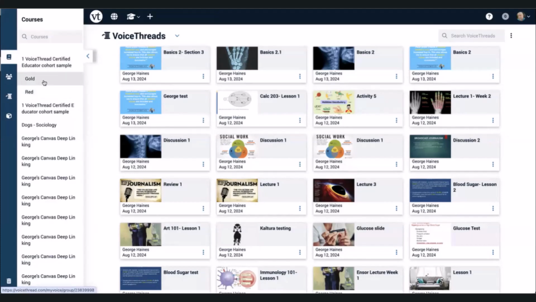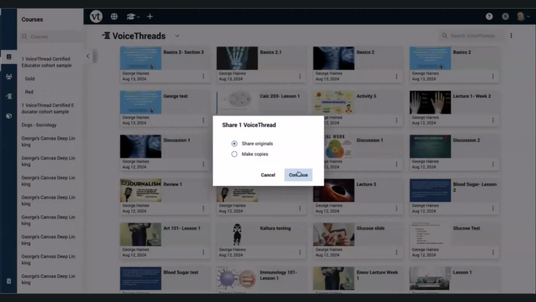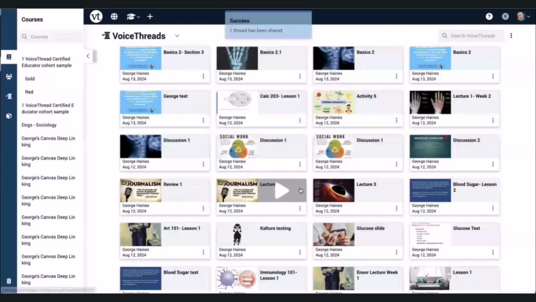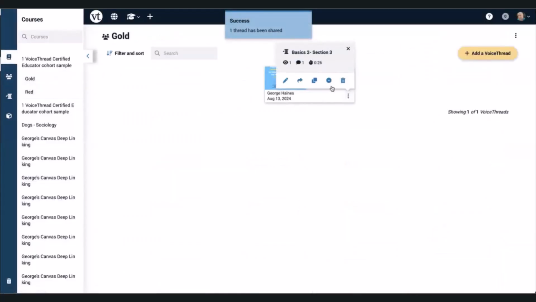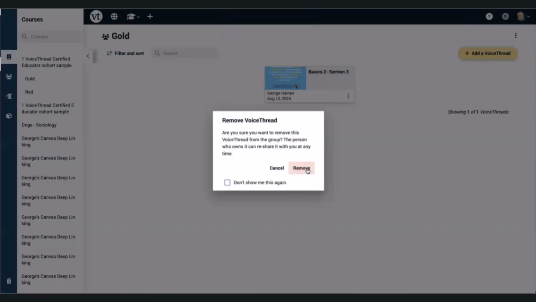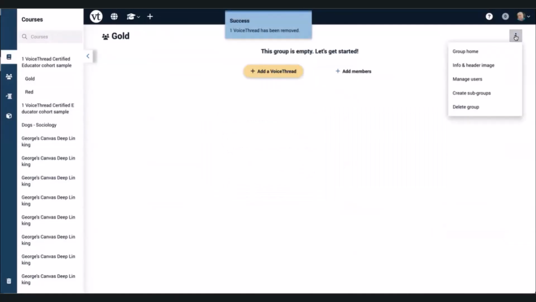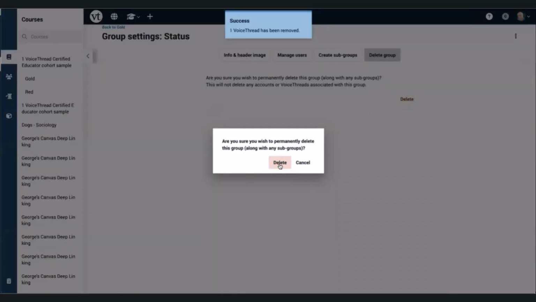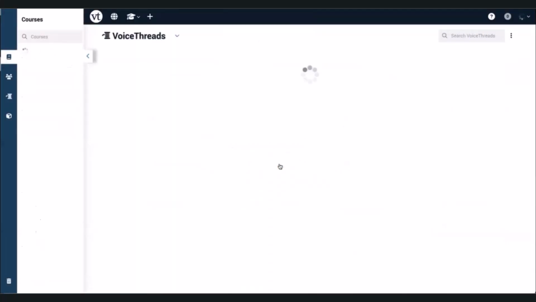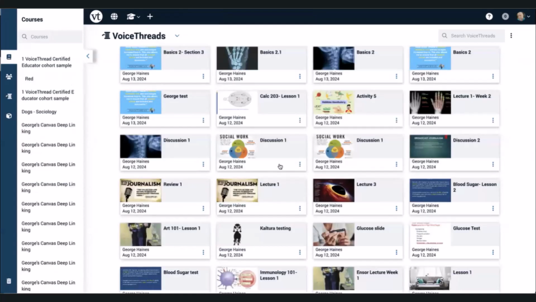All right, I could go through and delete all of those as I like, but that's the way it works, right? So you can drag and drop voice threads into those groups. You can go in and you can remove voice threads from those groups, and you can delete, just like you can with a manually created group, because that's all they are. All right, so I just wanted to show you that additional feature.